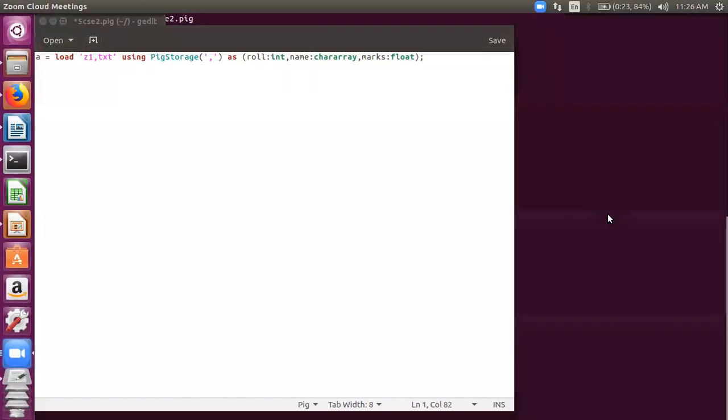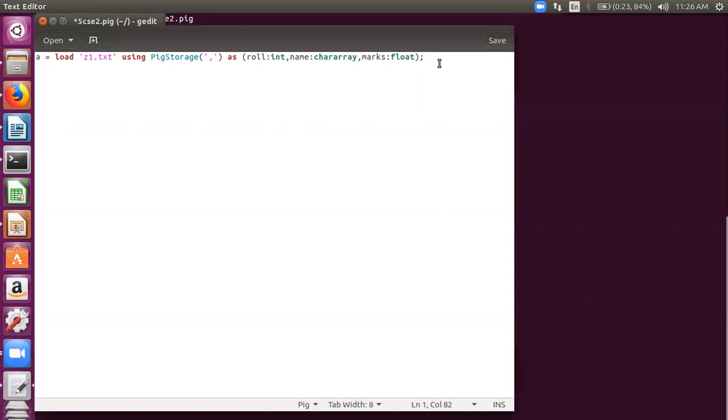Yes, Money, go ahead. Money, you want to ask something? Yes sir, in the name given to the file, there is a comma. Okay, it is a dot. Alright. Thank you very much.